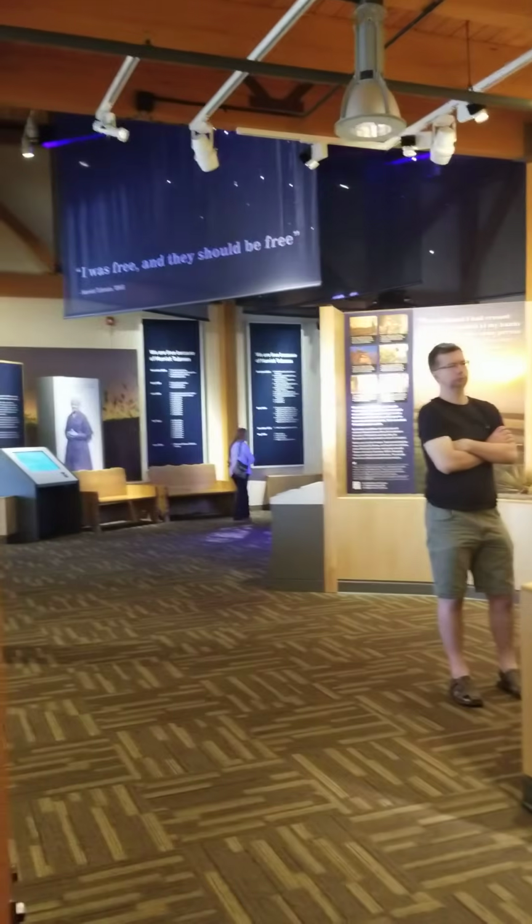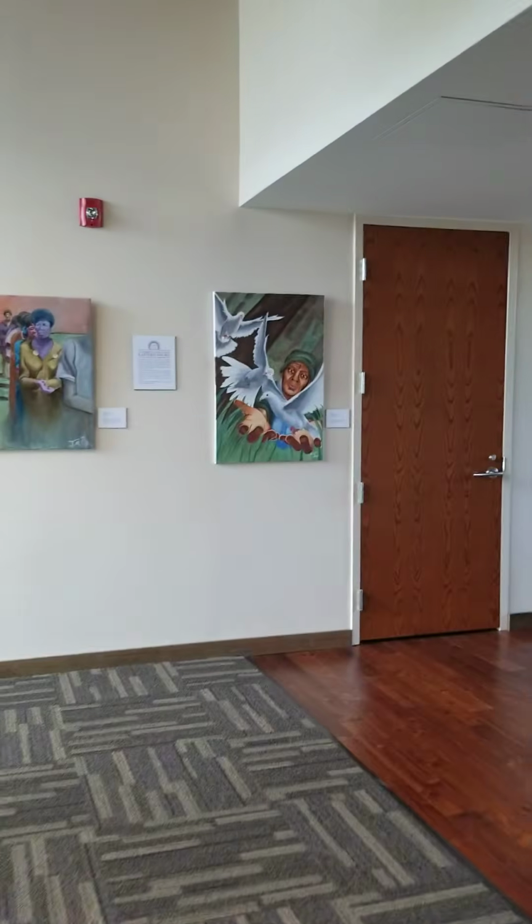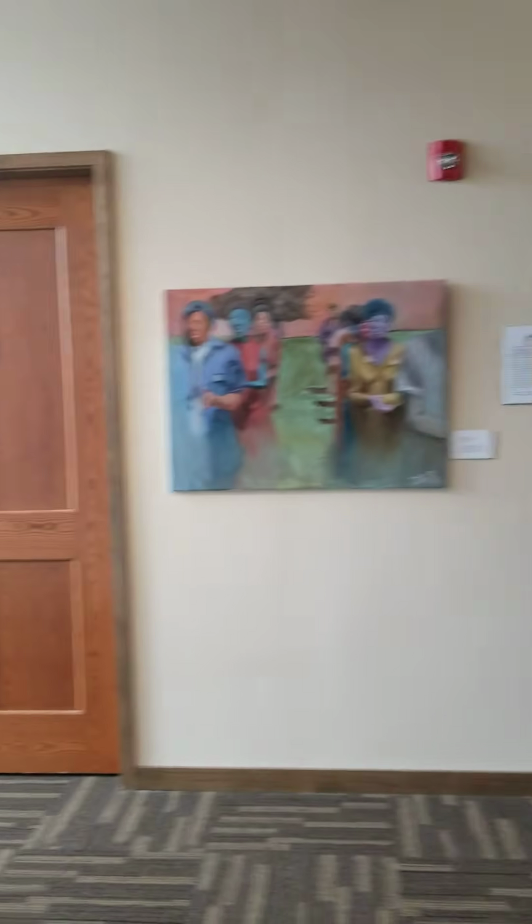Where does the arrow go next, Victoria? There's an art gallery back here. Oh, you go back there to the art gallery, then you can come back out this way. Huh? What did you say? You want